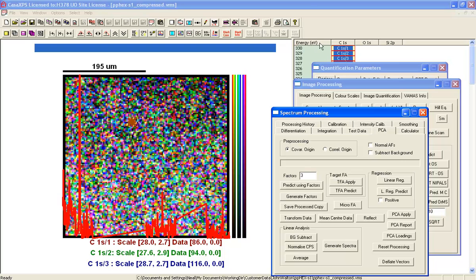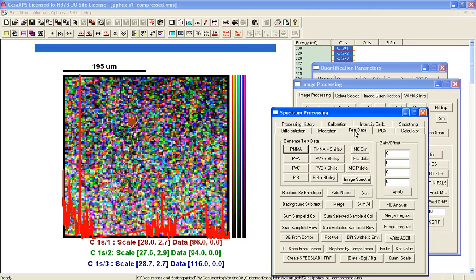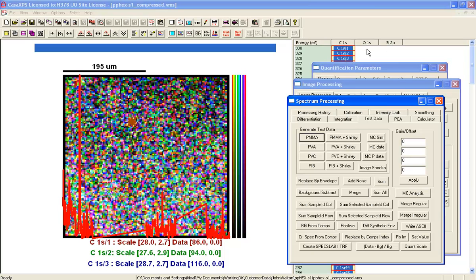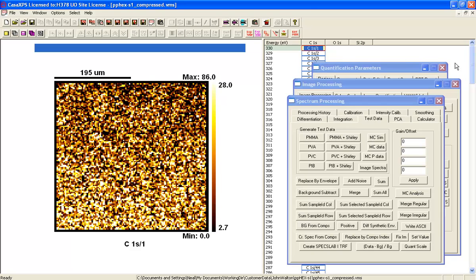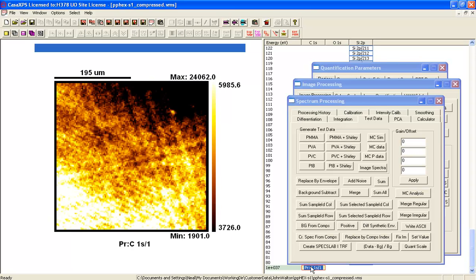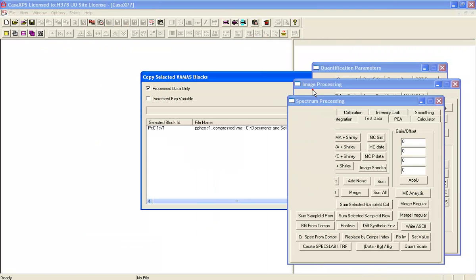the film thickness by summing these images to get a total intensity image that will give us an estimate of the way the intensity varies as a function of position in these images, and we'll do that by going to the Test Data tab, and we will, having overlaid, as you can see by the red boxes, that all of these images are overlaid in this active tile. If I say sum, I then have a new VAMAS block at the bottom of the file which represents the sum over all of these images. I'll just copy that through to a new experiment frame in the process form,